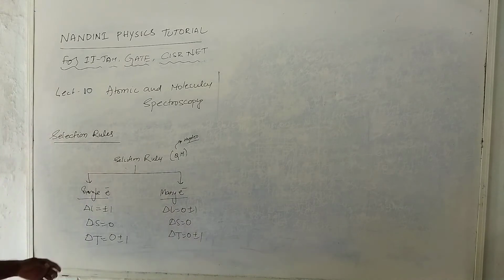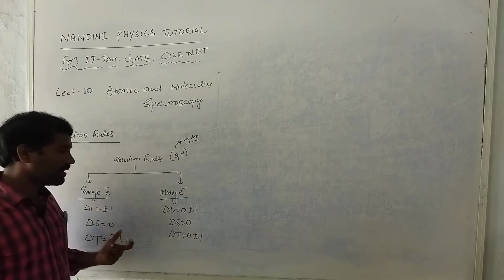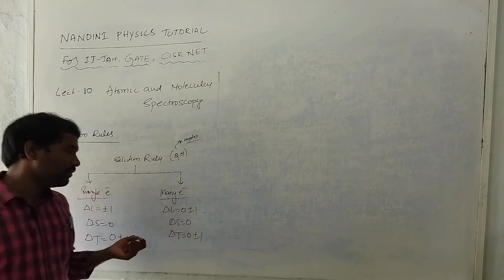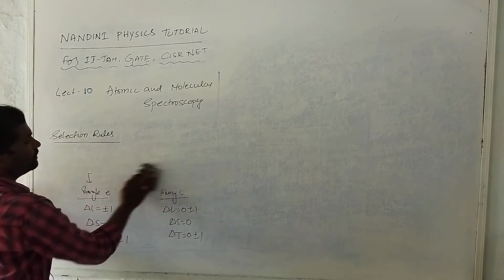In single electron, delta L is equal to plus or minus 1, delta S is equal to 0, and delta J is equal to 0, plus or minus 1. In many electron, delta L is equal to 0, plus or minus 1, delta S is equal to 0, and delta J is equal to 1. Okay. So next topic is